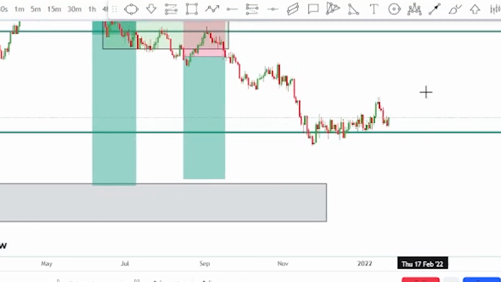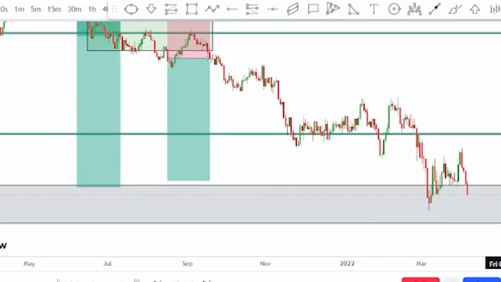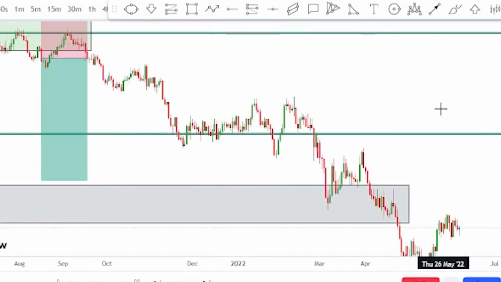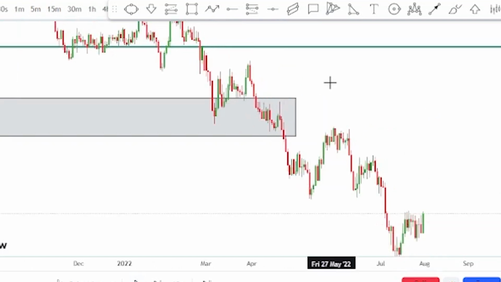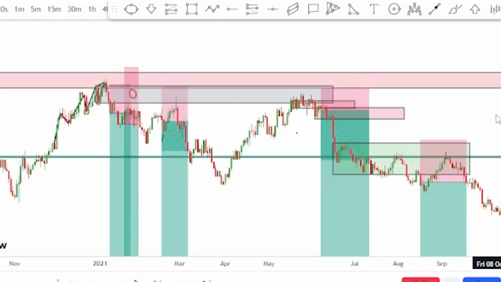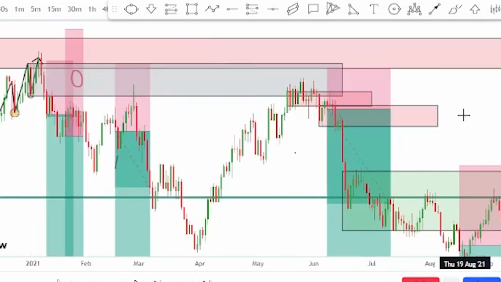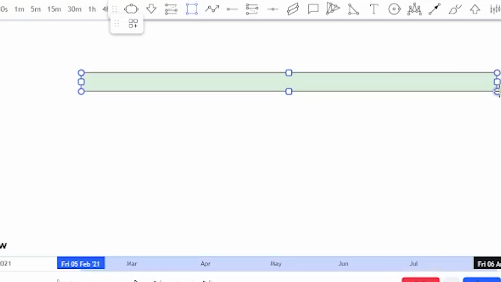Let's see, consolidation. Have to wait. So now we go to our target. The previous area where we rejected from, that's where we took our target as the market continued moving down. So that's how you make money from the reversal areas, by consistently taking trades, following your rules and trusting your strategy, because the highs and lows from the higher time frame are strong enough to be buying or selling